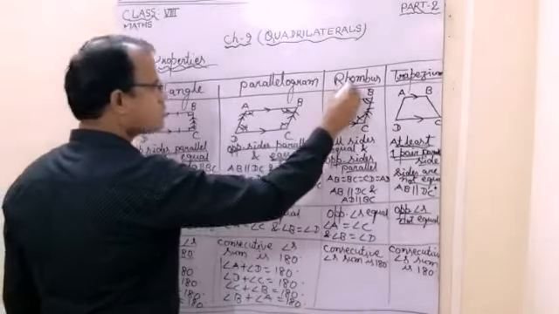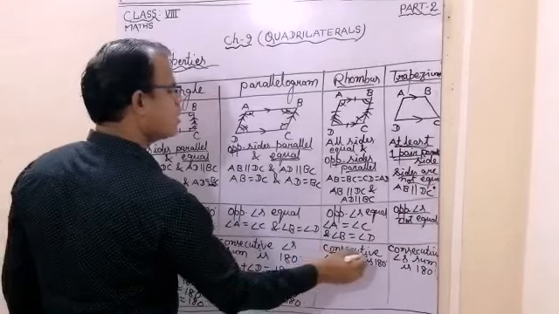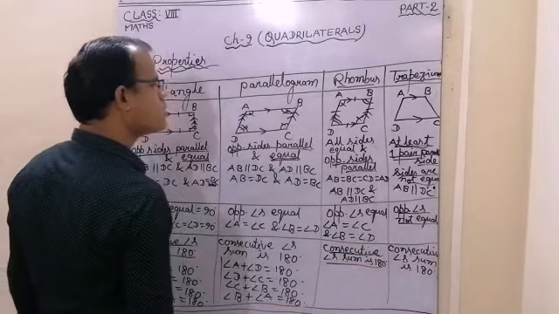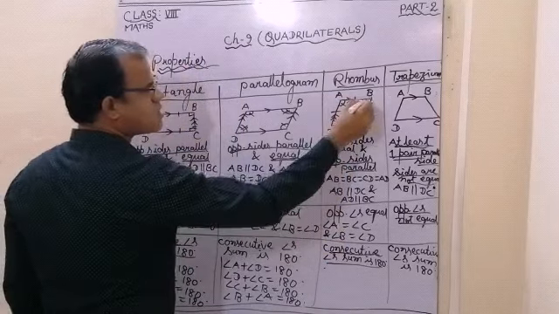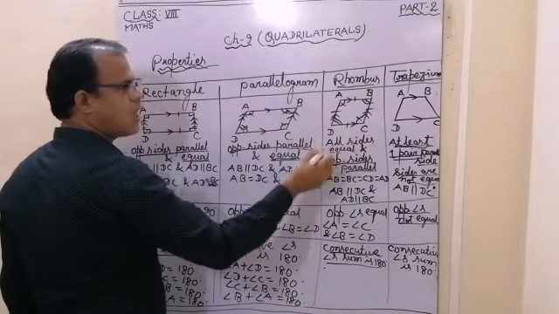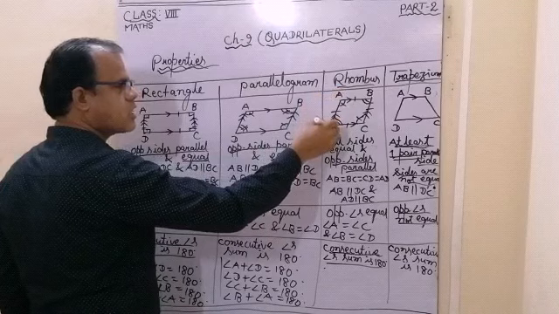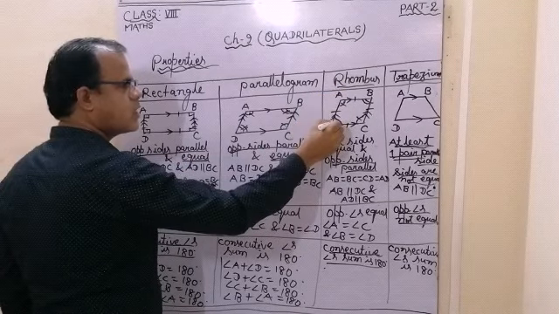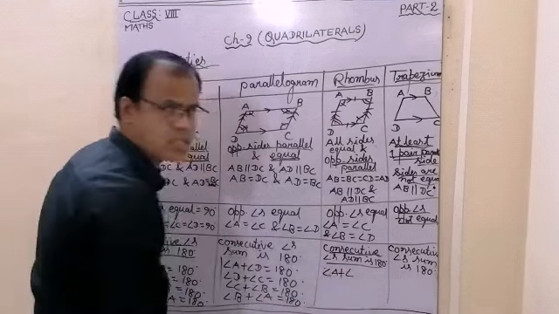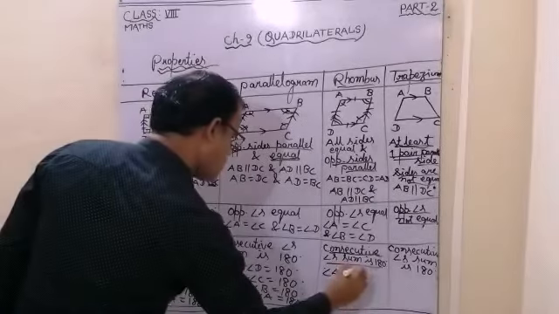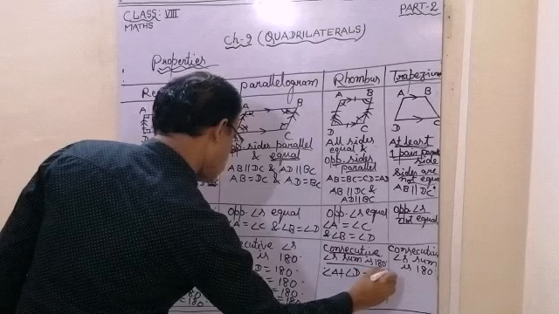Now moving to this rhombus, here also you see the consecutive angle sum is 180. Same thing. Here also look, this AB and DC are parallel. AD is the transversal. Then angle A plus angle D is 180 degrees. Angles on the same side of the transversal. So angle A plus D is 180 degrees.